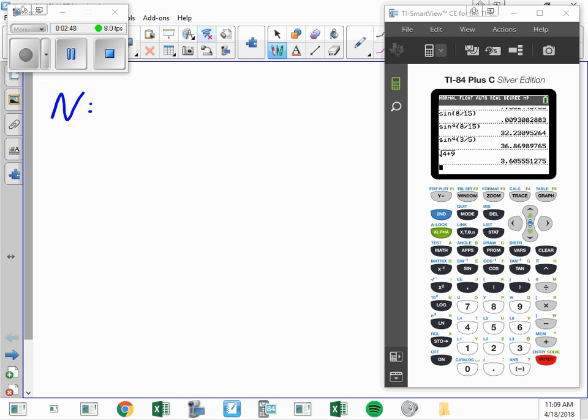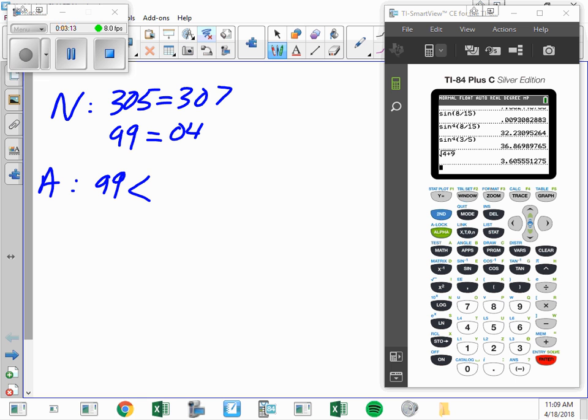The null hypothesis says 305 is the same as 307, or what you might want to say is the 99 sample is equal to the 04 sample. Okay, and then the alternative would be that the 99 is less than the 04. Okay,